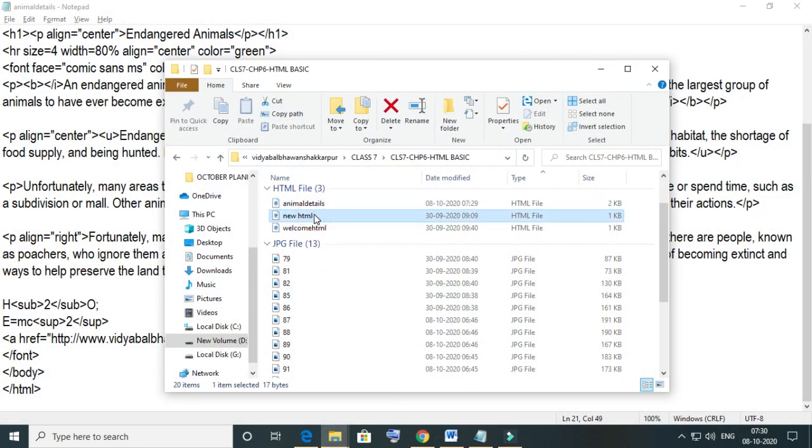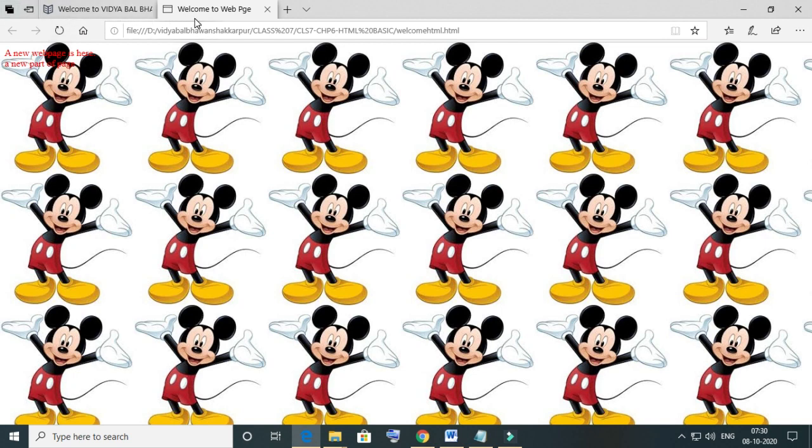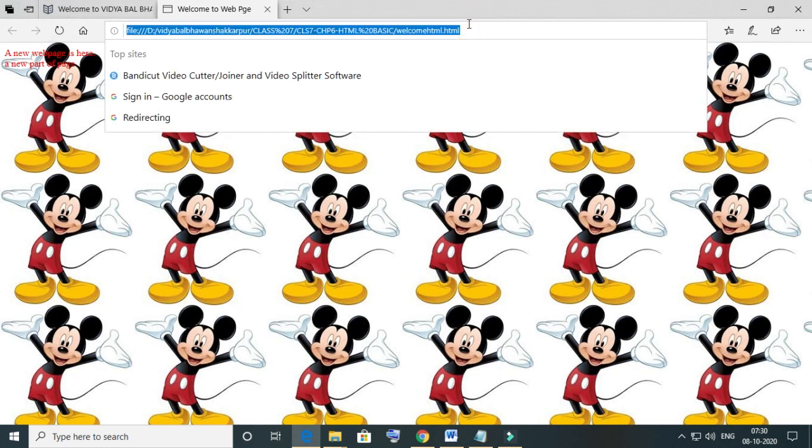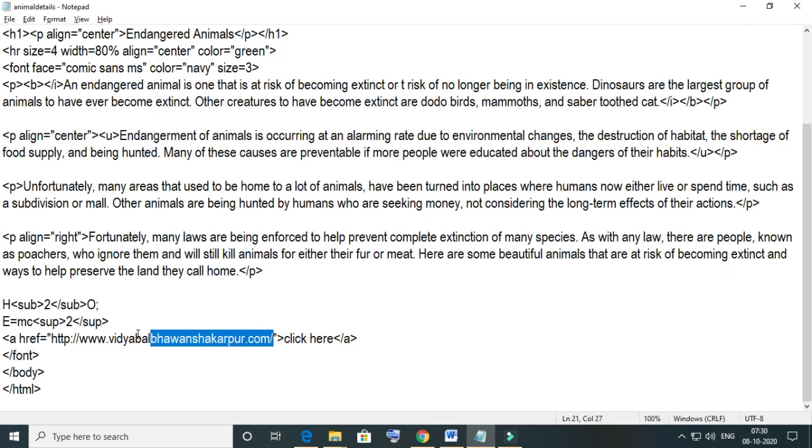Here, like we have new HTML, or Welcome to HTML, just open it, and this is the Welcome to HTML page. Now copy this address and paste it here.